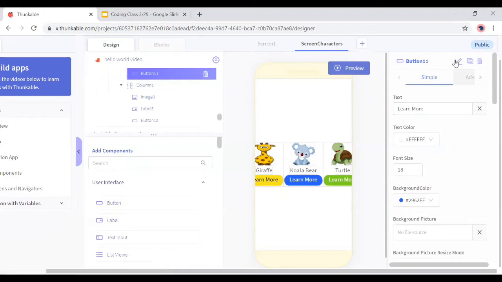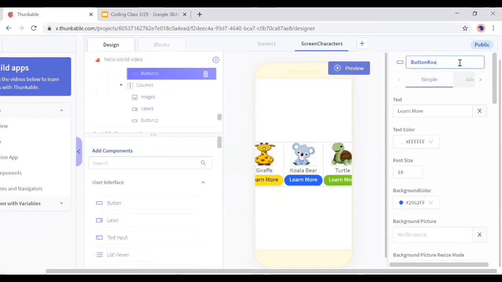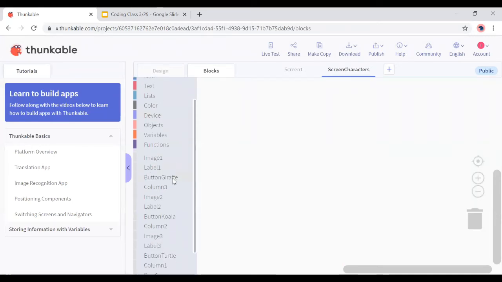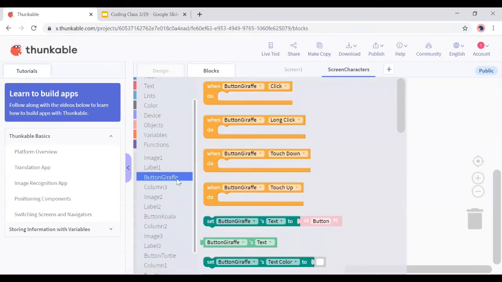Underneath the koala, you're going to write button koala. Underneath the turtle, you're going to write button turtle. Then you're going to go to the blocks. And so the button giraffe, so what we're going to do is first press on button giraffe with the first